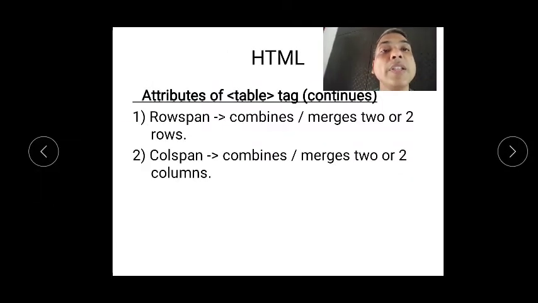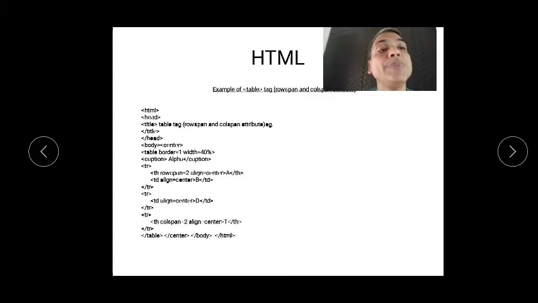In this next slide, there are two more important attributes, rowspan and colspan. As the name indicates, rowspan means combining or merging two or more rows, and colspan means combining or merging two or more columns. Now let's check the example.